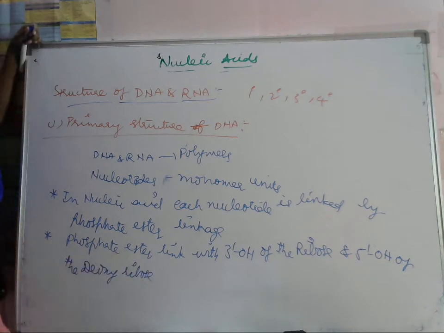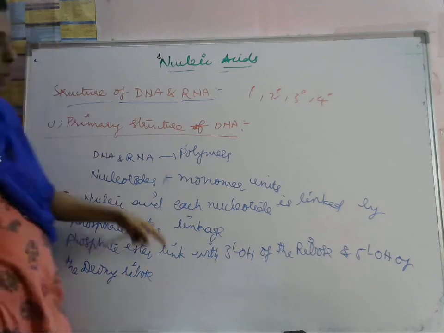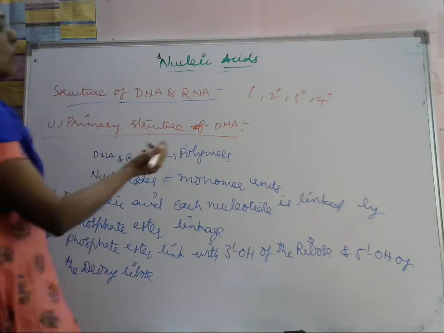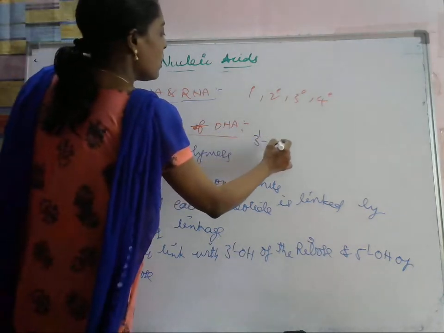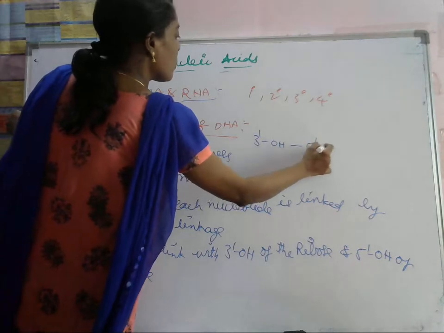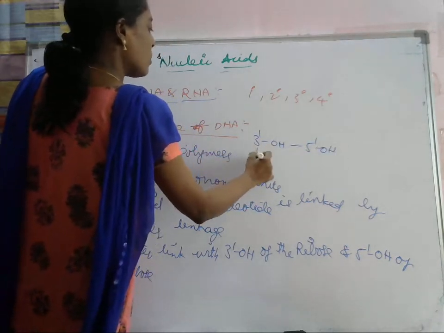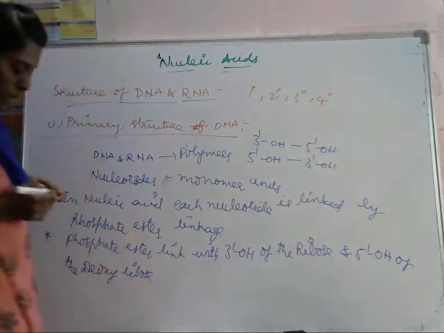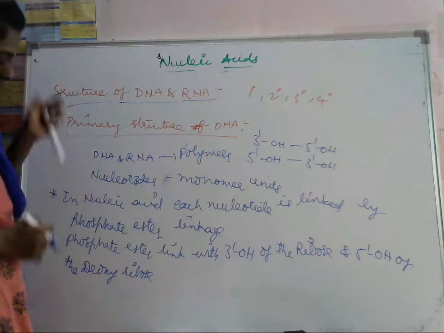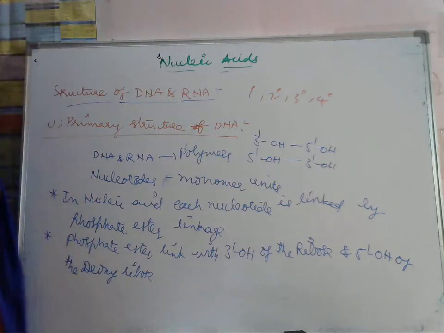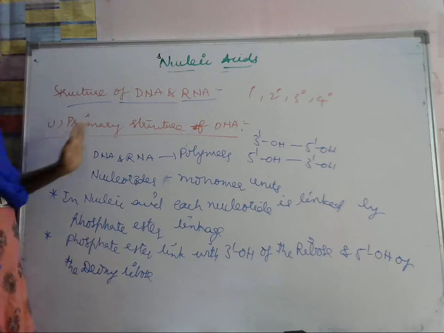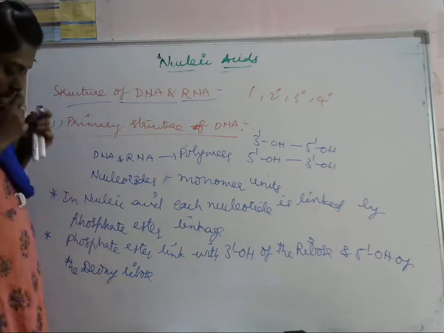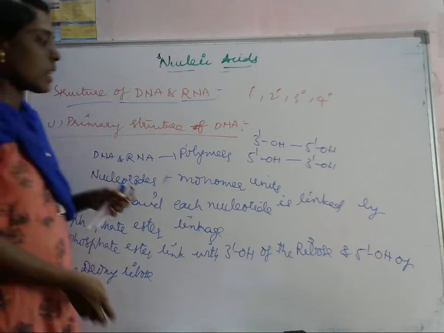Okay, the phosphate links the ribose of another nucleotide, meaning 3' to 5' or 5' to 3'. One nucleotide's 3' hydroxyl group is attached to the 5' hydroxyl group of the next, and the 5' hydroxyl group is linked to the 3' hydroxyl group. This makes the nucleic acid long, unbranched units. This is called the backbone: sugar and phosphate units with heterocyclic bases at regular intervals.